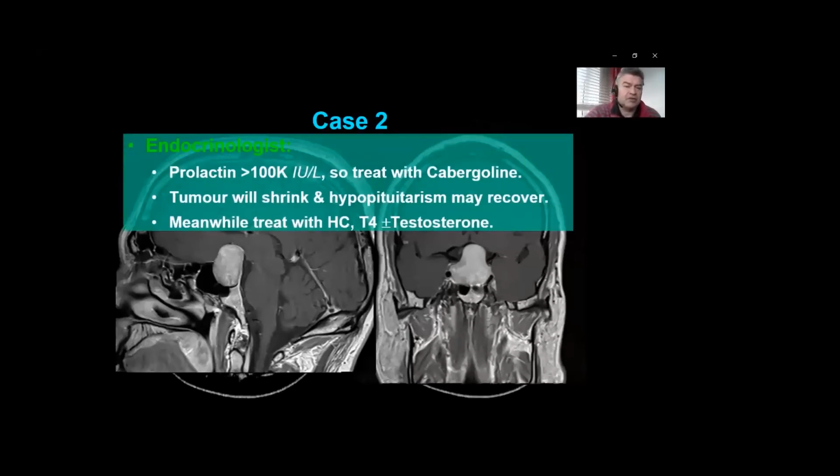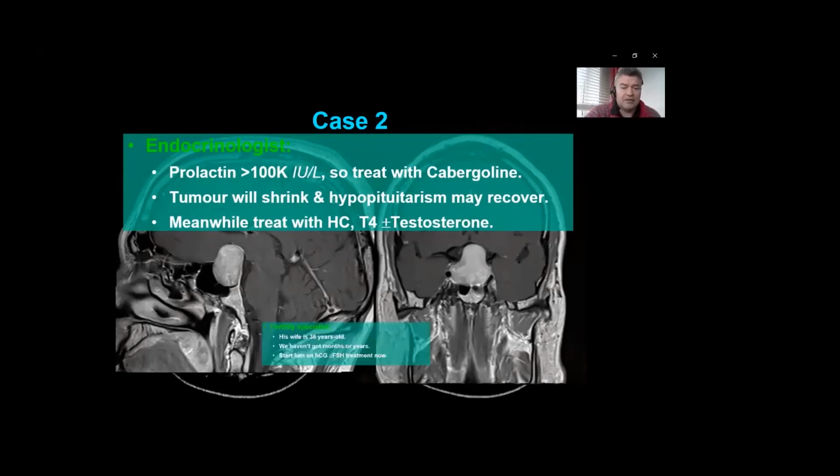So from the endocrinologist's point of view, we're going to treat this with cabergoline. The patient's hypopituitary, but the tumor will shrink. The hypopituitarism may then recover. In the interim, we'll treat with hydrocortisone, testosterone, and maybe thyroxine. However,